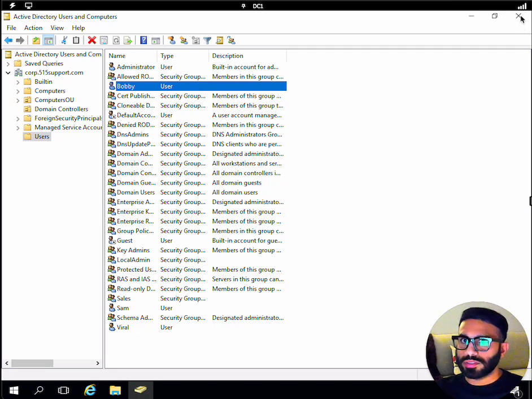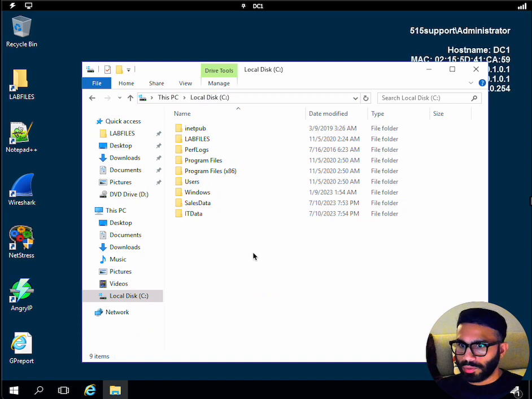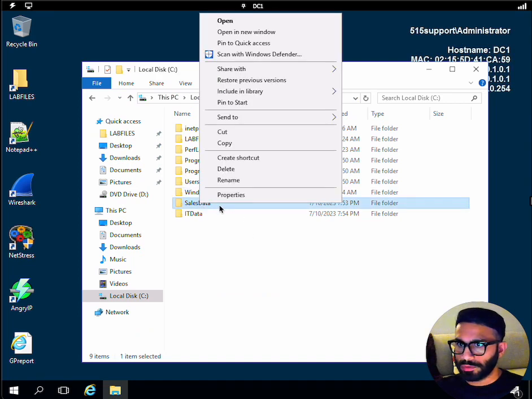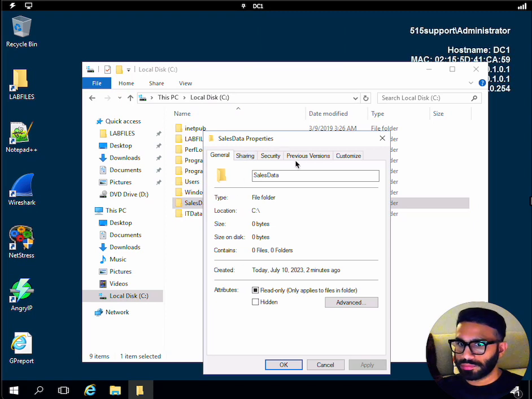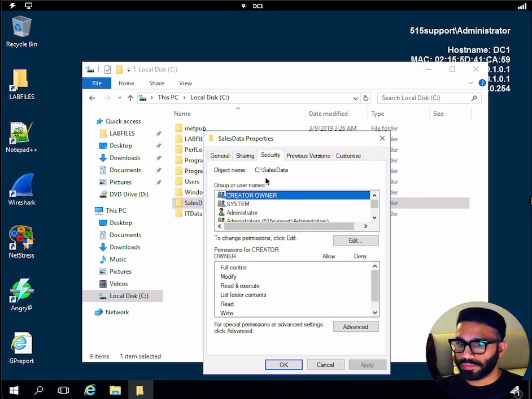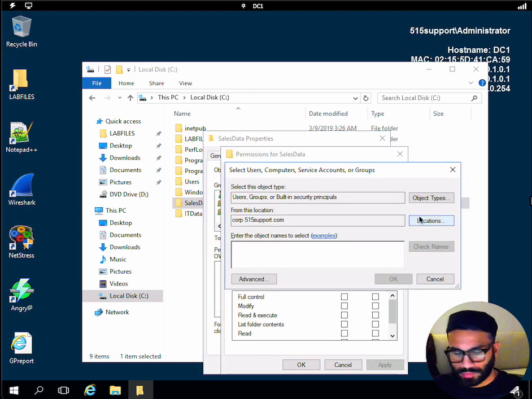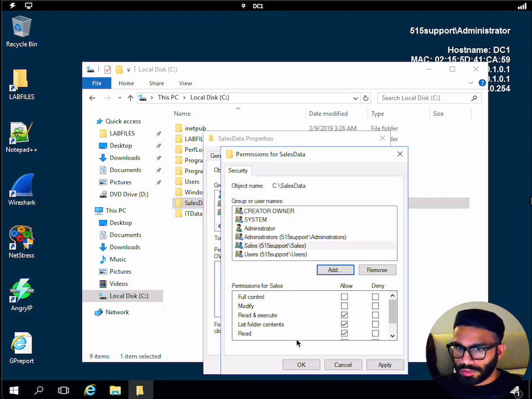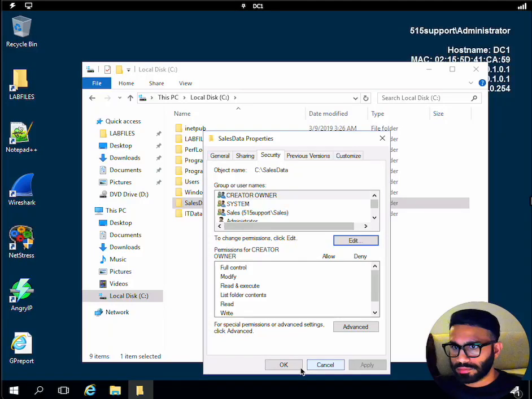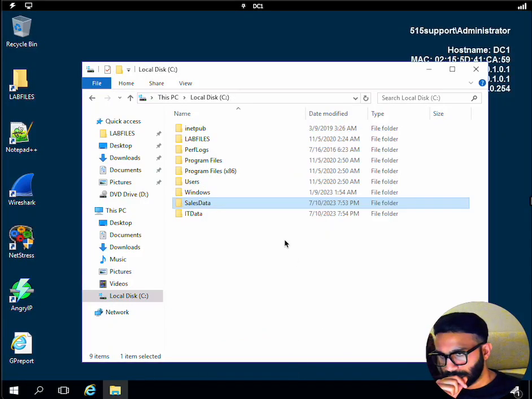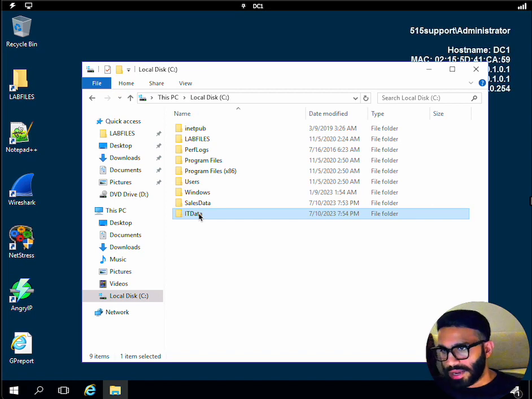Now, inside of the file directory, we want the sales data folder to reflect the requirement from earlier. So we want to add sales to this. And we want to give them access to modify things within that directory. And then the IT data folder,